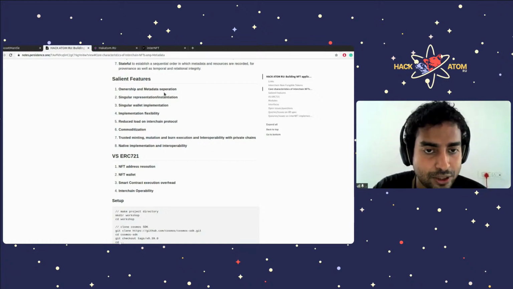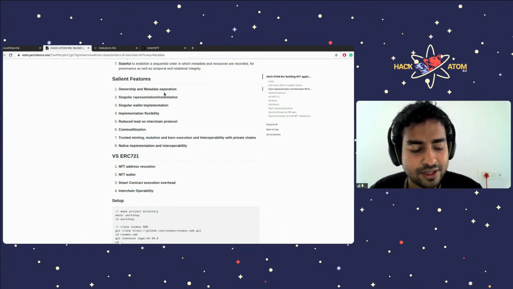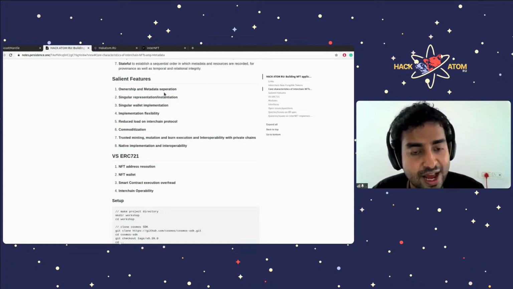the ownership logic and the metadata mutation logic are not strictly connected to each other. So even if the NFT ownership exists outside of the issuing chain, the host chain does not have to communicate back to the issuing chain, even if an ownership transfer happens